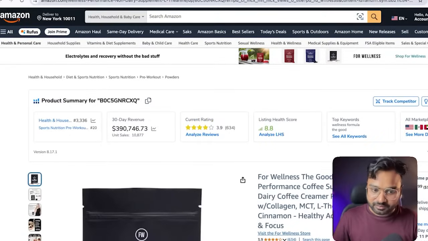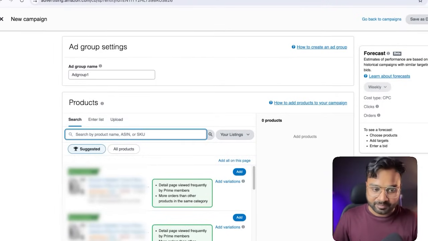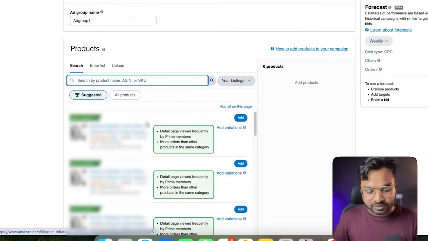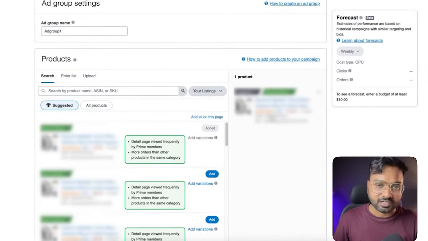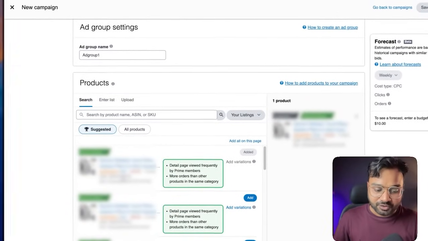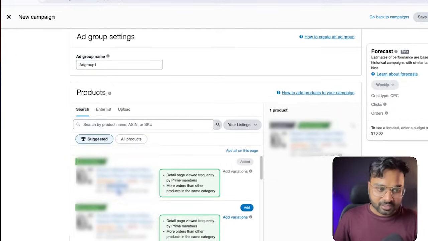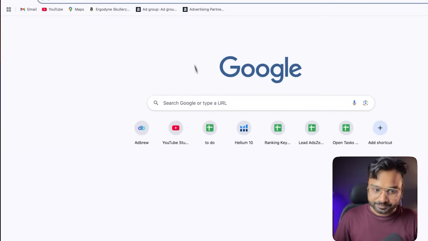paste this item. No, I cannot create a campaign for this item. Okay, let's forget about this one. So I'm going to choose a random product from this account only. I selected this product. You can select your product. If you don't see your product, you can simply copy your ASIN from your product listing.